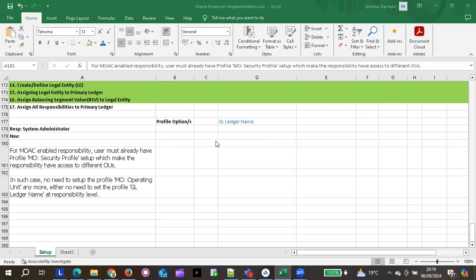So in our last session, we were looking at the creation of, or assignment of responsibility to, primary ledger, and we tried to look for the profile option GL ledger name, which we didn't happen to get. But like I promised, I would check on what could have caused that. I managed to do some research, and what I realized is that since we